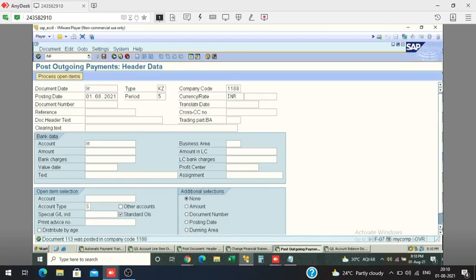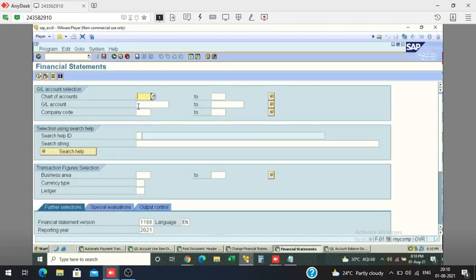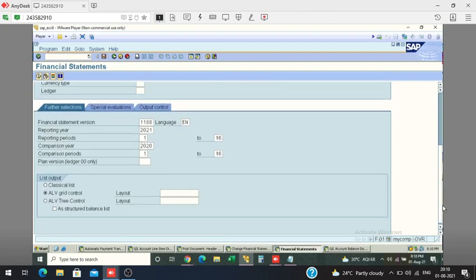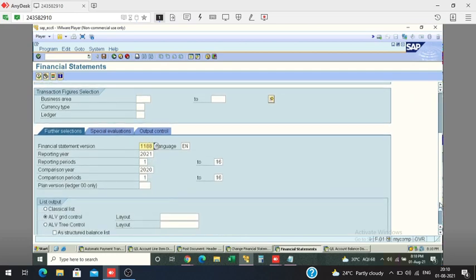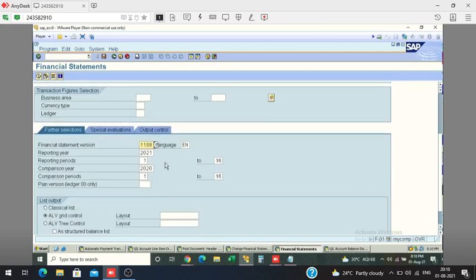F dot 01, company code 1188. My FSB is also available here already, I don't need to change that. See here, period 1 to 16. Why 1 to 16? 12 is your normal period, 4 are special periods.